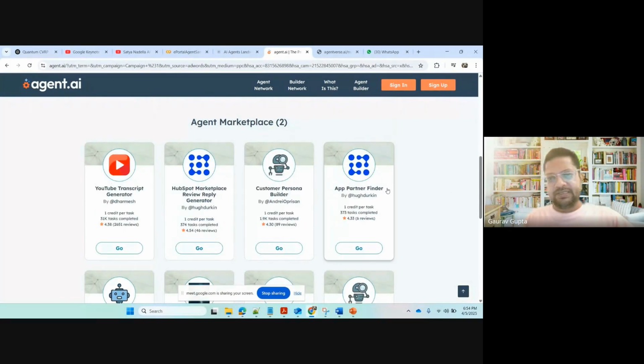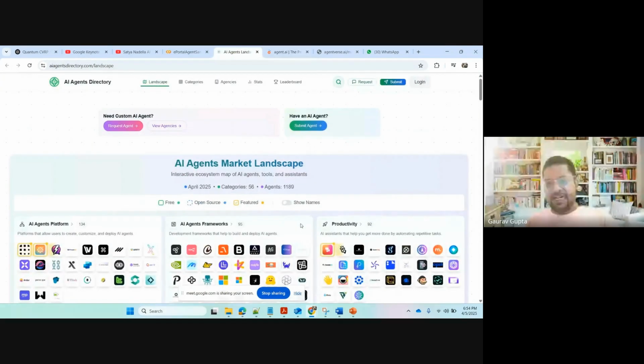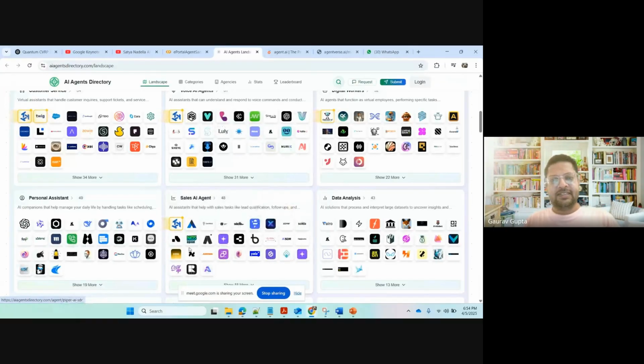I have personally not tried. I don't know whether this is free, paid, how it works, but I'm trying to tell you that there is no need to design agents for common things. Somebody has already done it for you. All the startups are coming around agents only. They try to target a specific area. For example, cursor.ai is an agent for coding, right? Lovable.ai. Similarly, if you go inside, these are nothing but small startups. When you start analyzing the company, you'll figure out, okay, this is a startup specializing on data analysis agents.